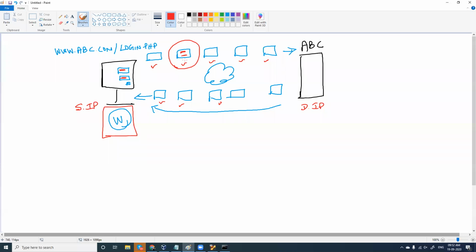To capture this packet, and when I open this packet, for sure I'll have the username and password. I'll have the username and password, but based on the security of this site, this password can be in plain text or it can be encrypted, right?